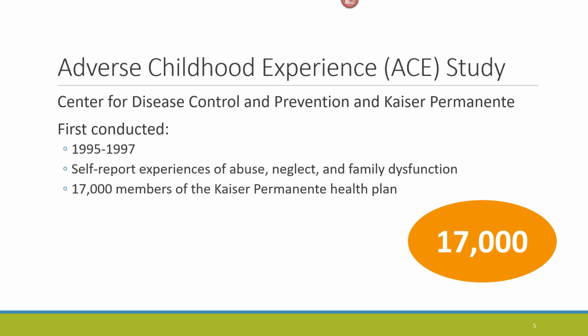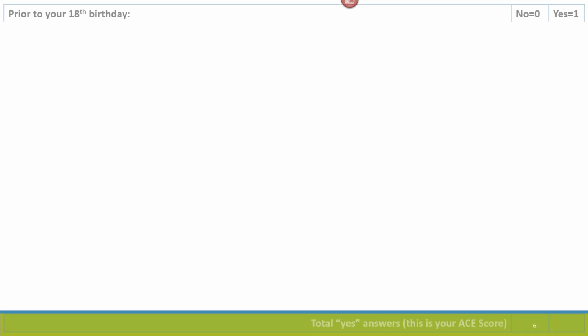It's important to mention that the study's participants were mostly white, middle and upper class, college-educated San Diegans with good jobs and great health care. And the study may have had different results had it included a more diverse population. The ACE study asked 10 questions. Each question was worth 0 or 1 point, and the participant totaled points together to form their personal ACE score. The ACE score is used to assess the total amount of stress experienced during one's childhood.